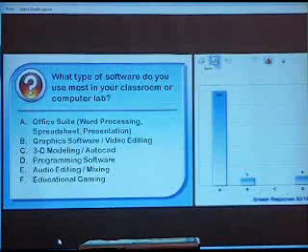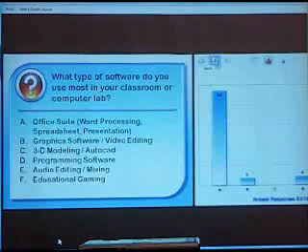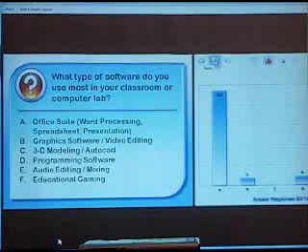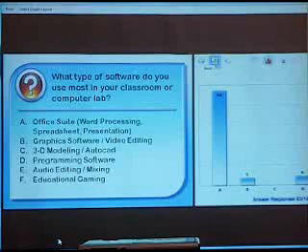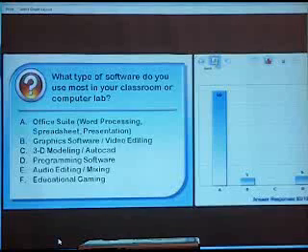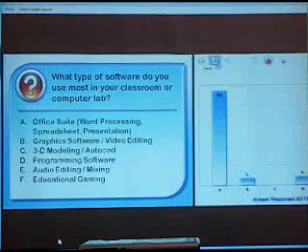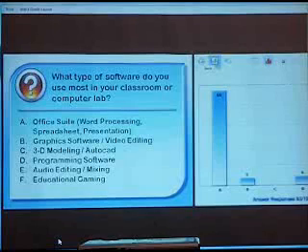Okay, this is what I suspected. Most people are going to use word processing, spreadsheet, or presentation software, the stuff you find in Microsoft Office. That's to be expected because that's probably the thing that gets used in most different content areas, writing papers or math or whatever it might be. There's actually an app for that. There is a freeware that you can download called Open Office, which is an open source equivalent, which is actually very